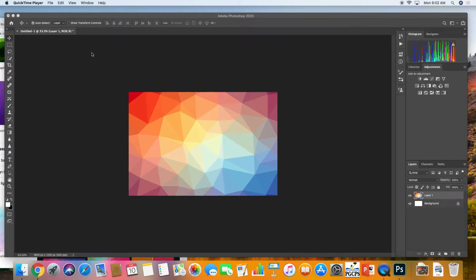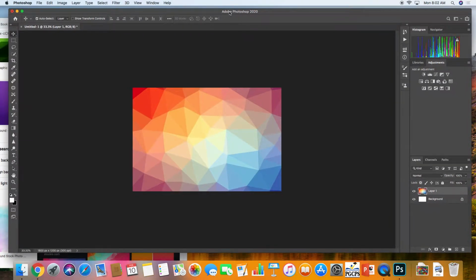Alright, this is going to be a demonstration for how to use the type tool in Photoshop. When you get to the point of adding text to your project, you'll have a couple of different options, effects, or fonts you can incorporate with your type. Basically you pull up the type tool, you go under the toolbar, and then you click on the one that says T. This one is your type tool, and if you click on it and hold, you have